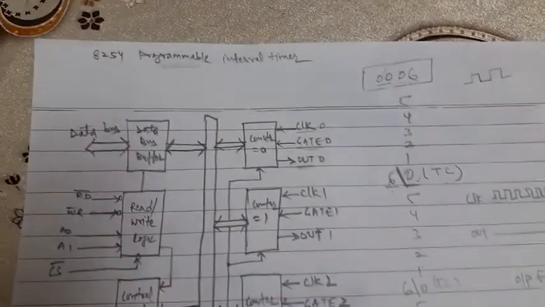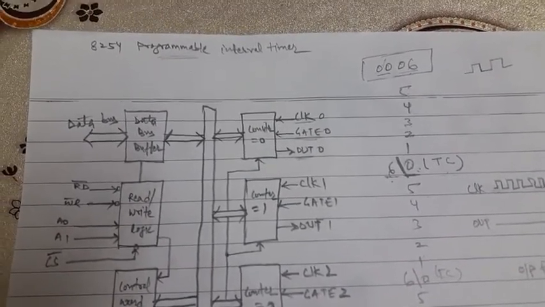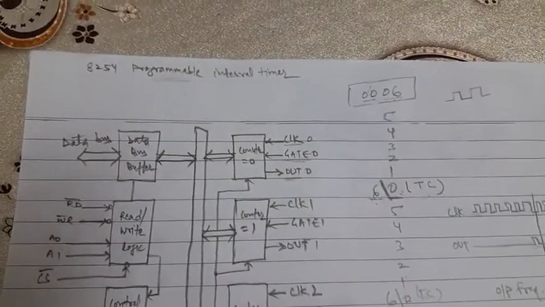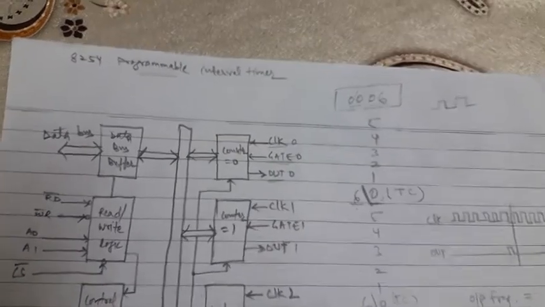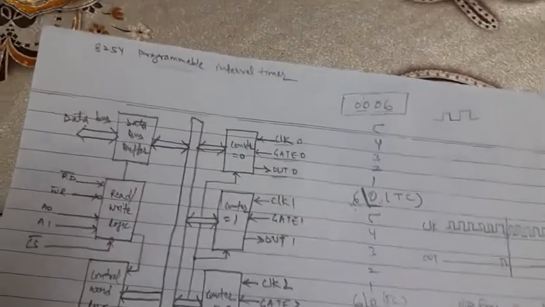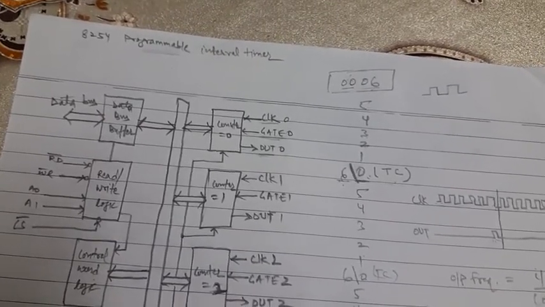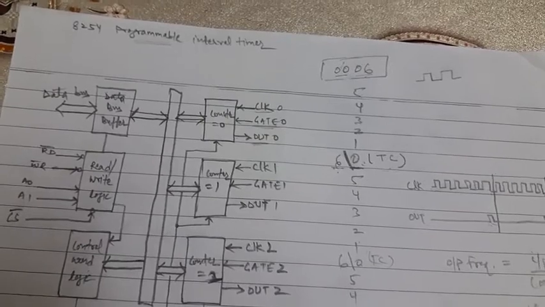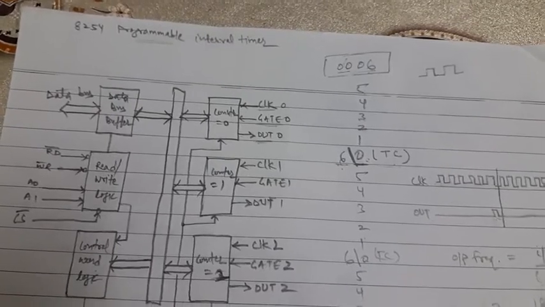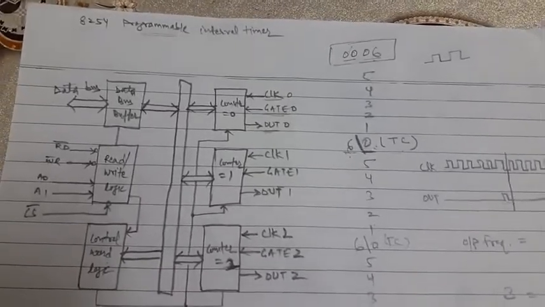Dear students, today in this lecture I will tell you the architecture of the 8254 programmable interval timer. Earlier we discussed the need of this 8254 chip, why this hardware delay is required. In one lecture I told you how it counts and how it produces the output frequency based on the input frequency as well as the count. Also, what are the applications where we can use this 8254 chip. So now I will tell you the architecture.